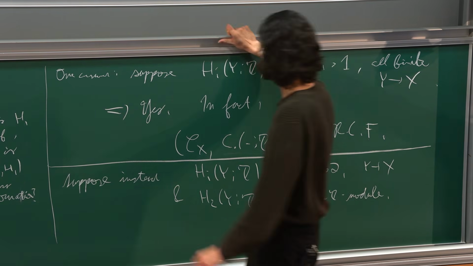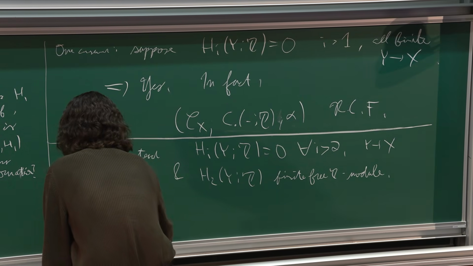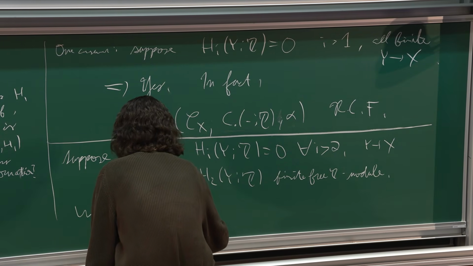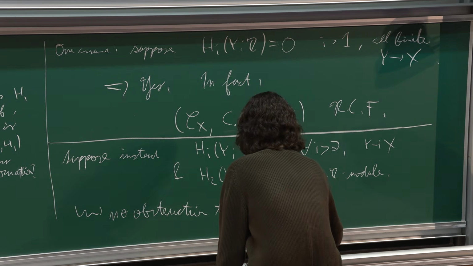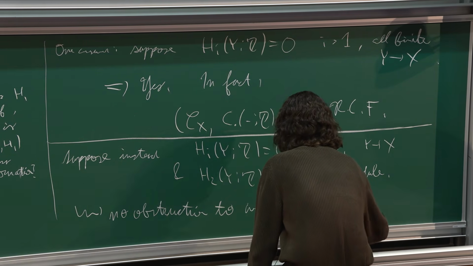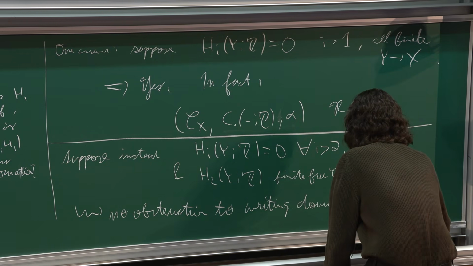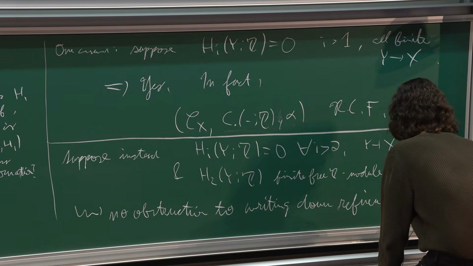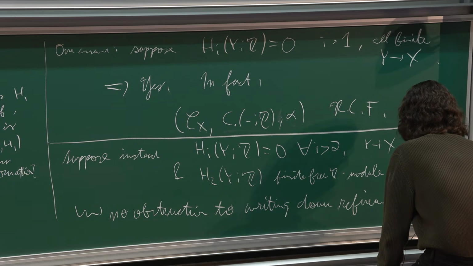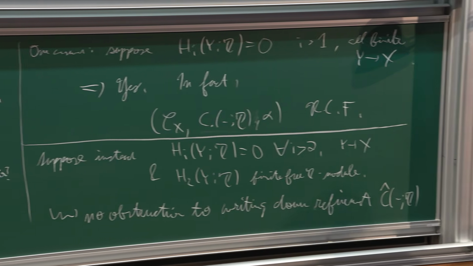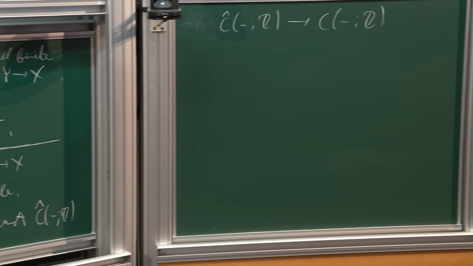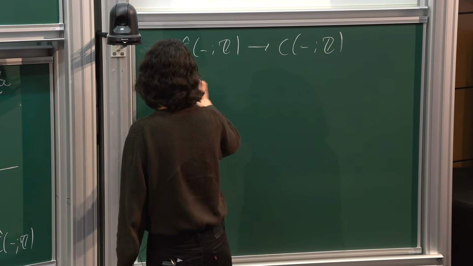Then I claim that there's no obstruction to writing down a refinement, something that refines this co-sheaf of integral chains